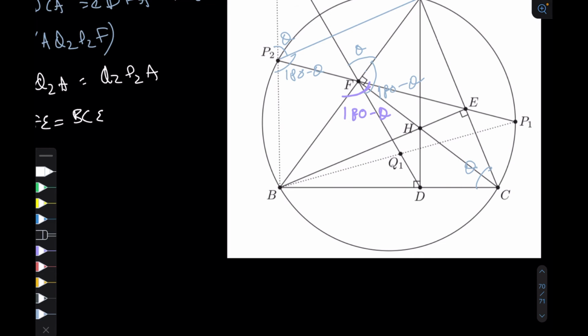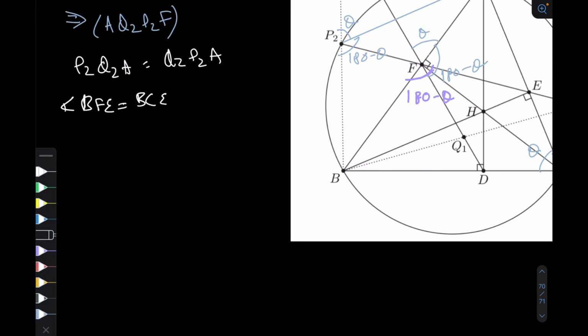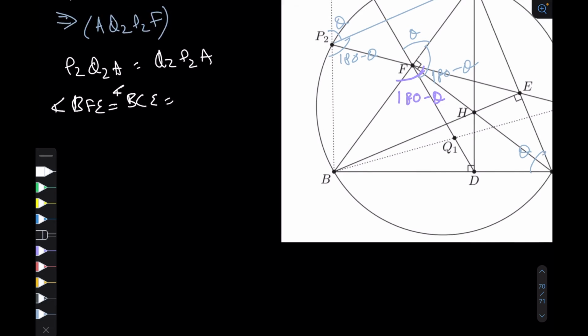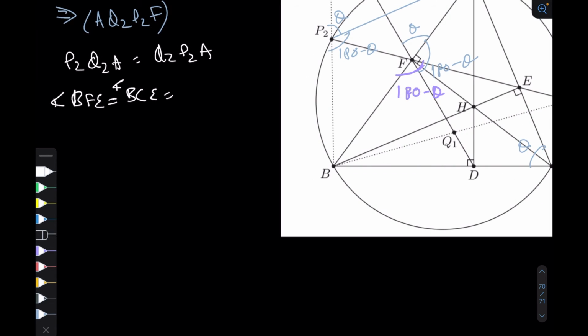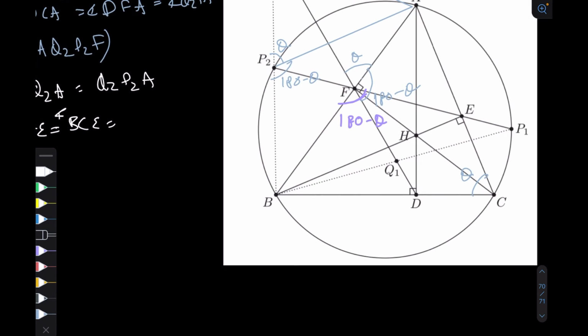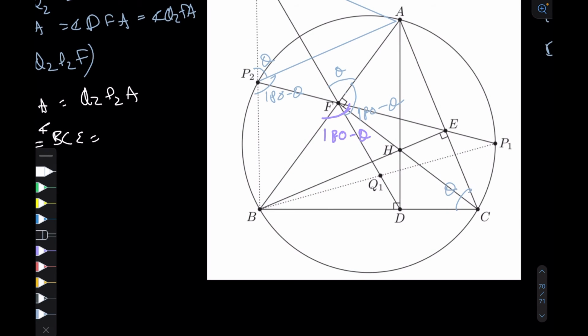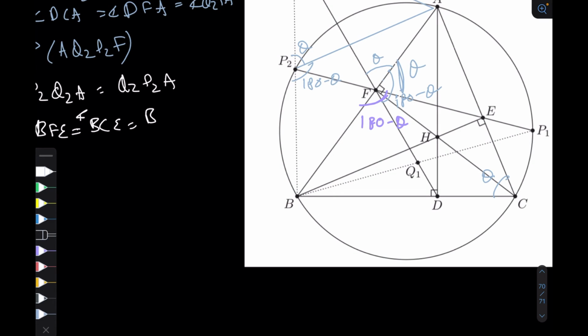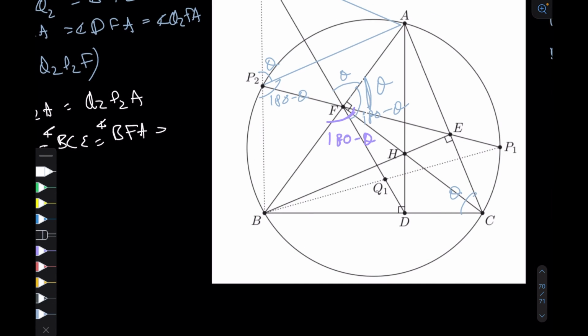Well, it's 180 minus BCE, but I'm talking about directed angle, so it's the same thing. And then BFE is 180 minus theta. In other words, this must be theta. So EFA, directed angle EFA, we have proved that